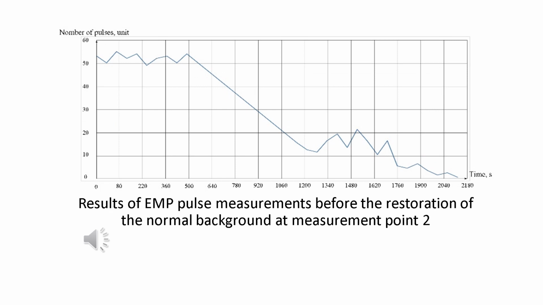After the explosion on March 30, 2023, the maximum intensity of electromagnetic pulses was m = 55 pulses per second. The natural background was restored after t = 2100 seconds. The angle of internal friction of rocks in this area was phi = 45 degrees. The coefficient of the array's stability margin was determined, which was equal to 1.102. The calculated coefficient of the stability margin is greater than 1, so the array is stable.